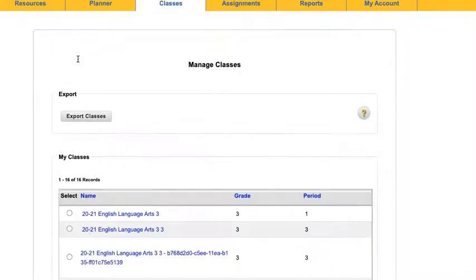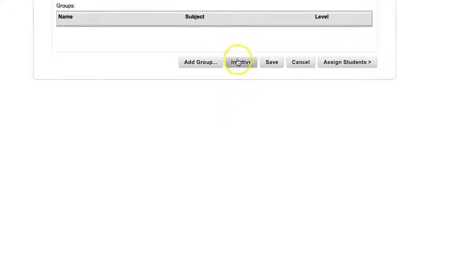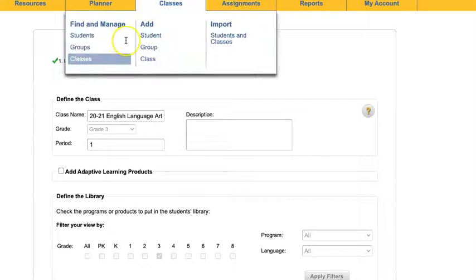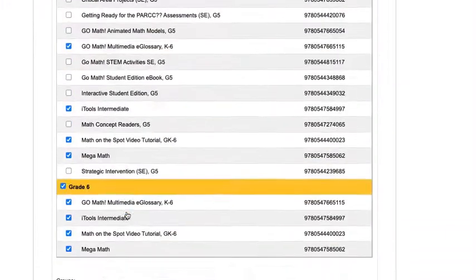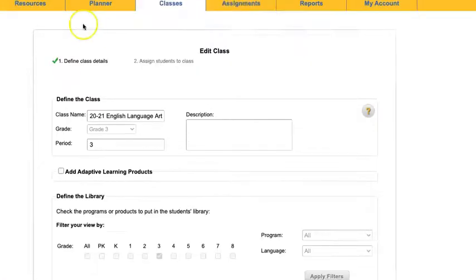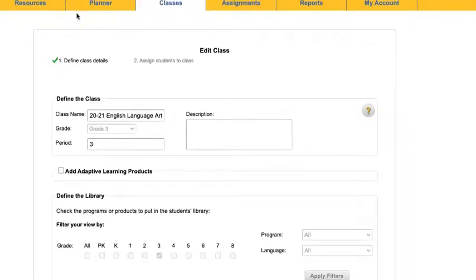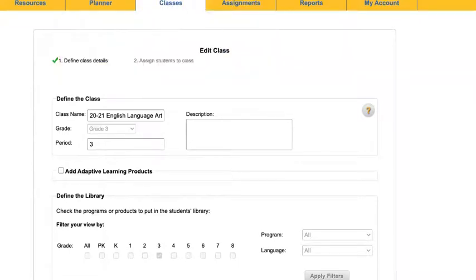Classes, click, scroll to the bottom, inactive, click OK, classes. Okay, so you're just going to do that. Now do one more. Inactive. Like I said, that's probably going to take you about 5 minutes to just clean that up. Now what's going to happen is you're probably going to get to a point